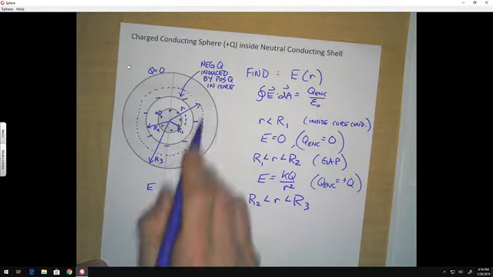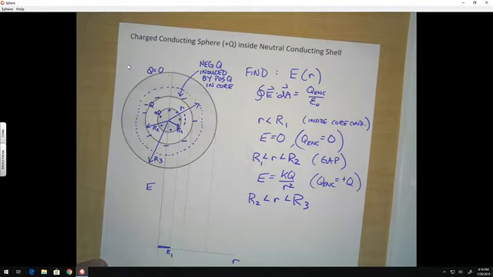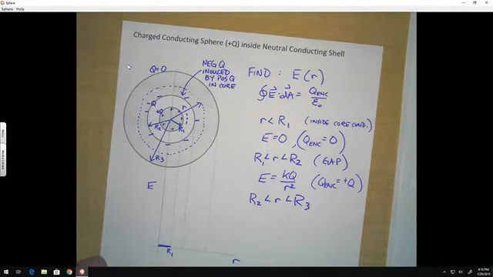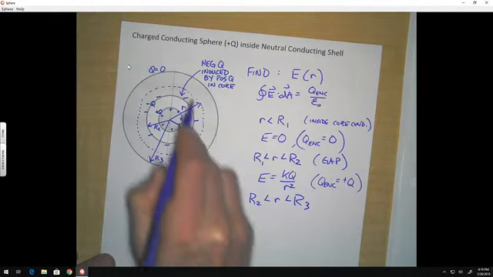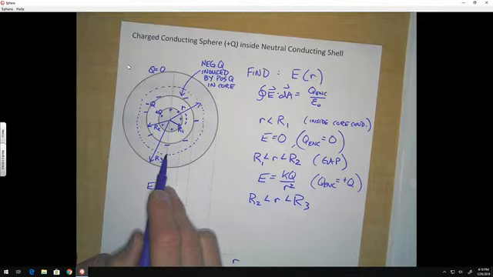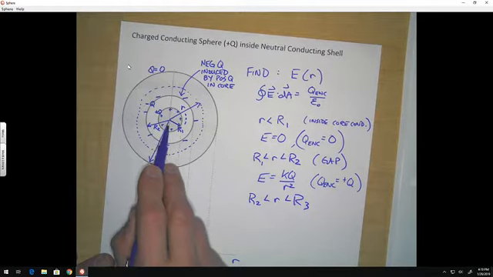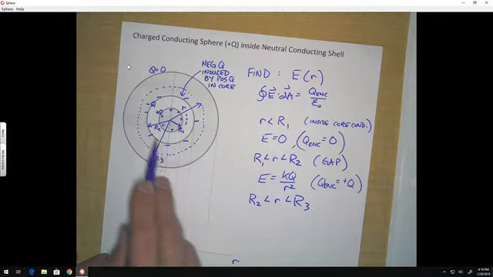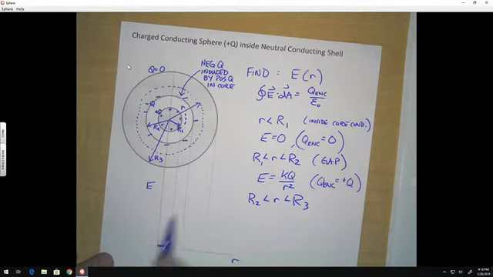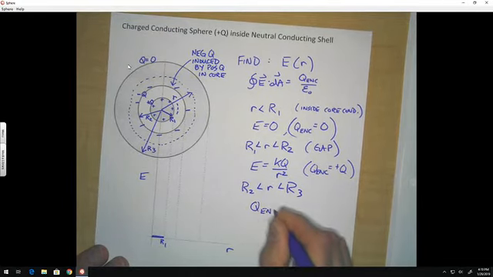And the value of that negative Q is equal and opposite to the plus Q that's there. So I'm going to put a little negative Q here to show that. And there's a reason for that. There's a way of thinking about that. So let's just say that you do that, and now you look at this Gaussian surface which comes around. Well, how much net charge is going to be included? Well, the net charge that would be in this Gaussian surface is going to be the positive charge that's here, but that's going to be canceled perfectly by the negative charge that's on the inside. Okay? So the idea would be that in this range, your Q enclosed is equal to 0,